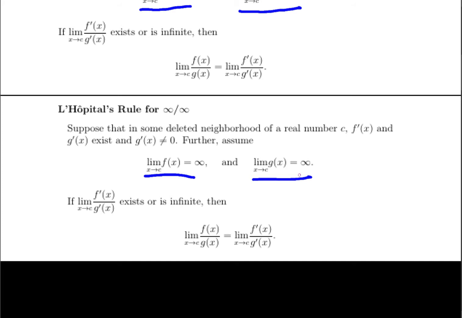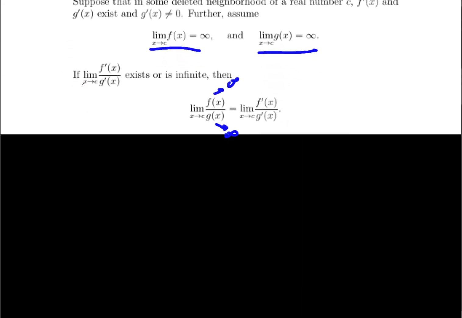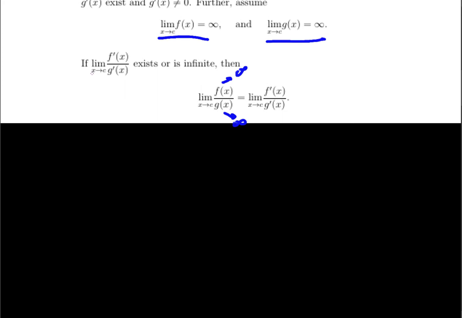If the numerator and the denominator are both going to infinity, so if this is going to infinity and the bottom is going to infinity, then the limit again is just the limit of the ratio of the derivatives. So with that said, let's jump into an example. Let's look at the limit as x goes to 0 from the right-hand side of the square root of x times the natural log of